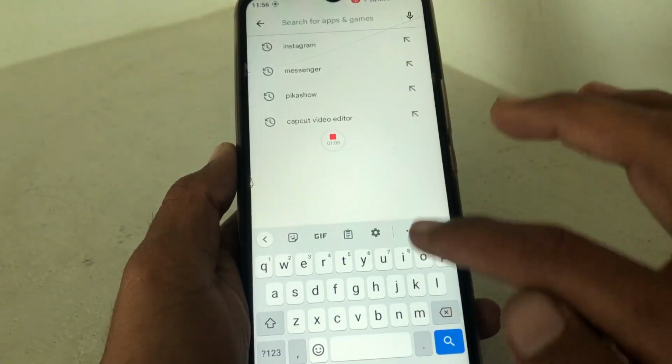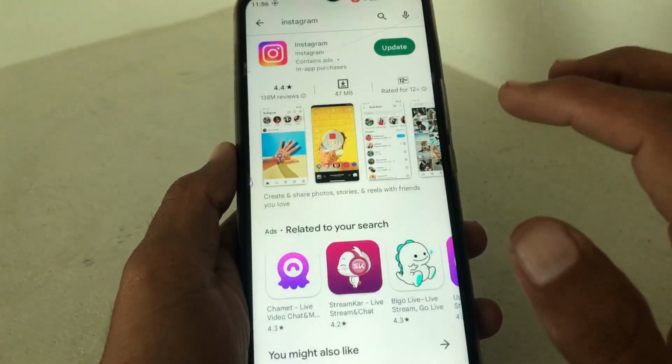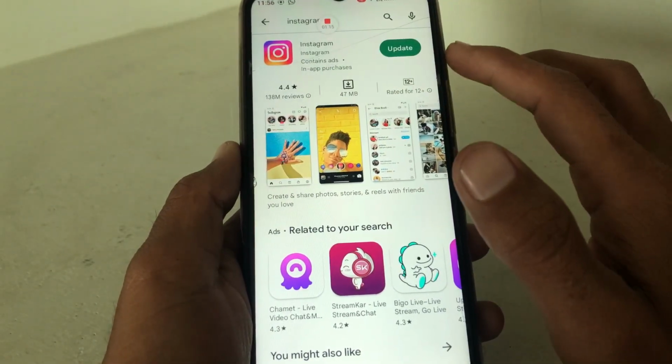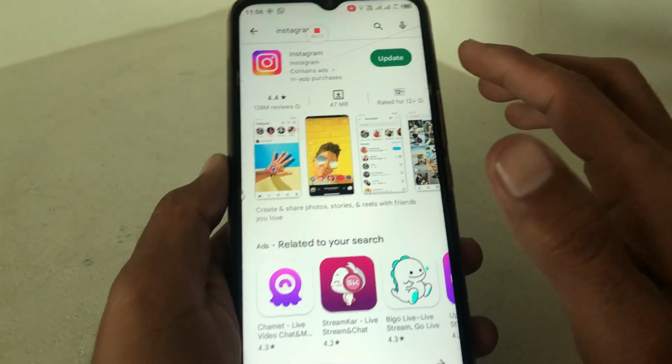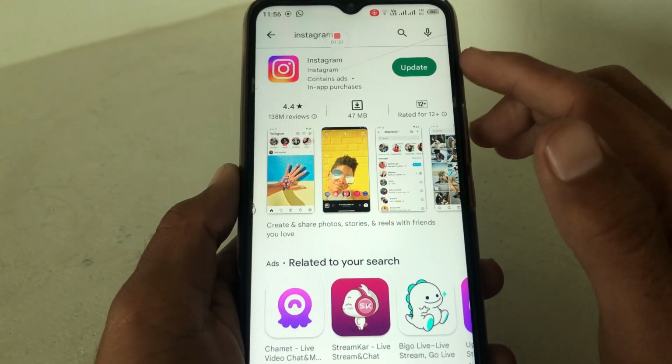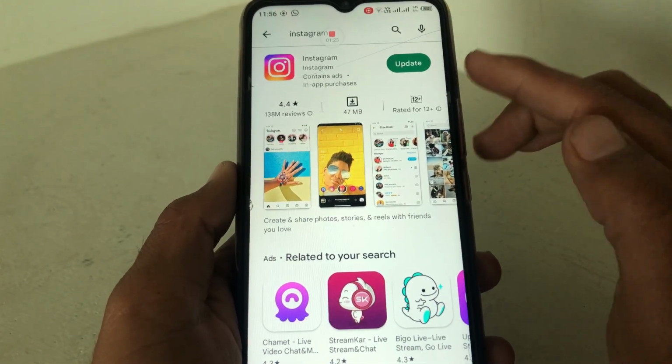simply search for Instagram. Here it is guys, simply make sure that your Instagram app is updated. So you can see here guys, my Instagram app is not updated. So if you have an updated version and still it's not working for you guys, then what you need to